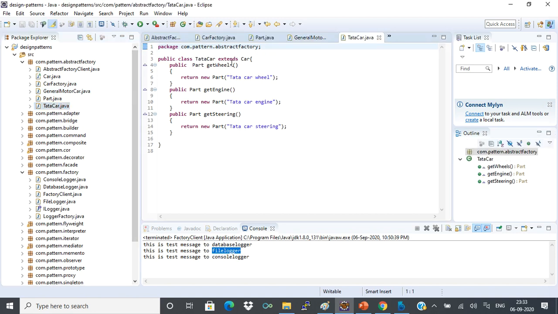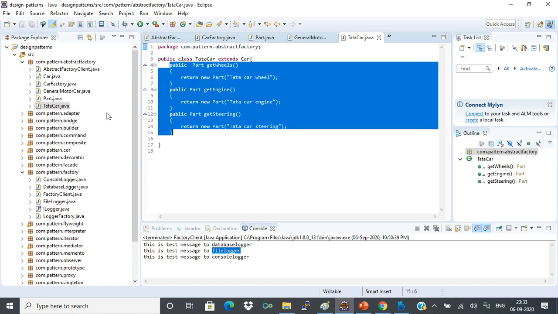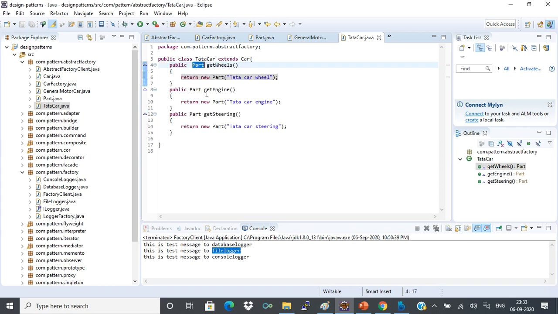In Tata car, I have different parts, so Tata car is associated with wheels, with the engine, and with steering.